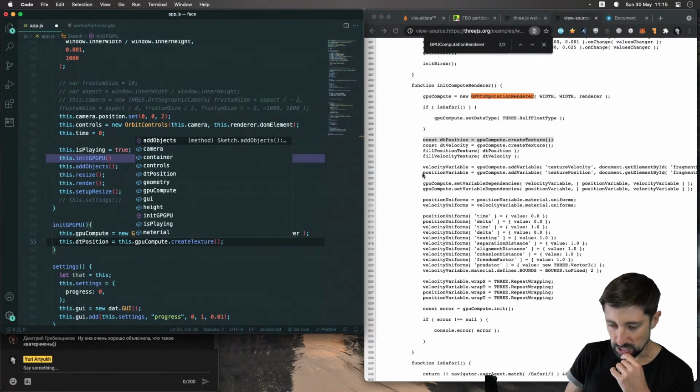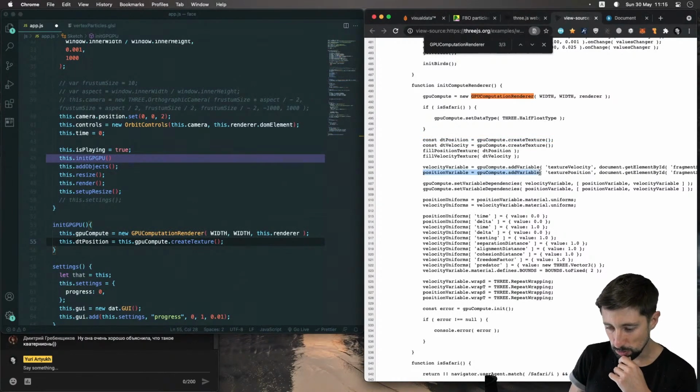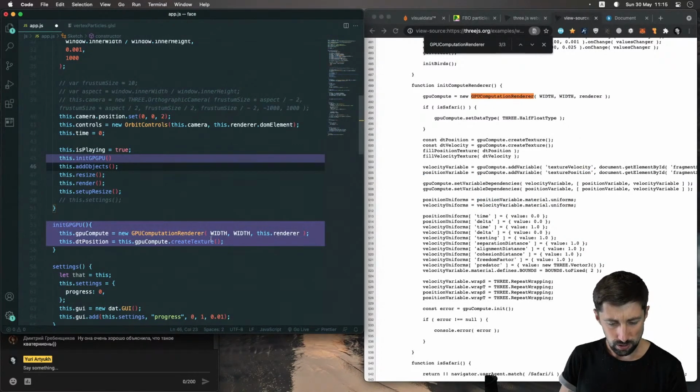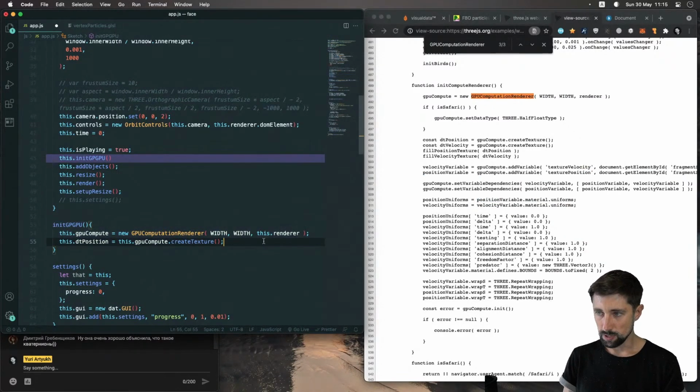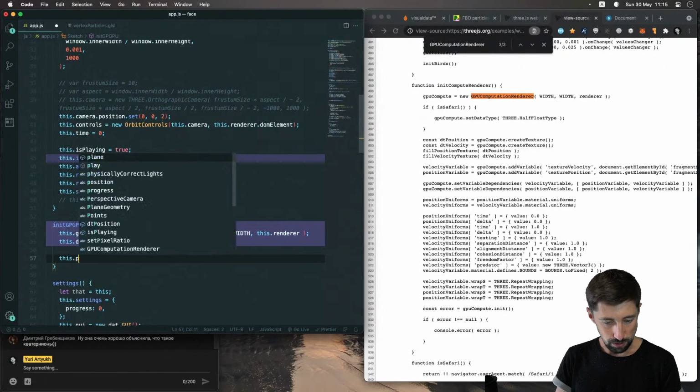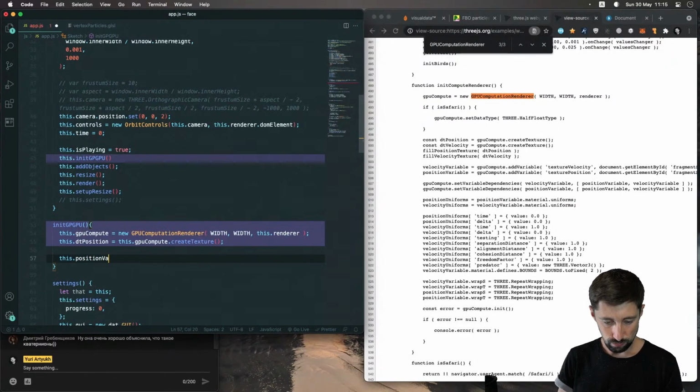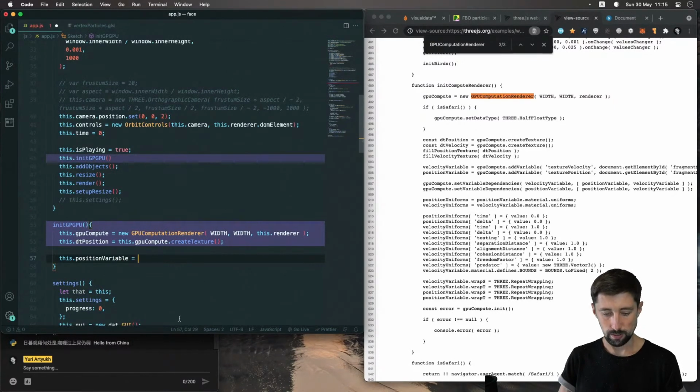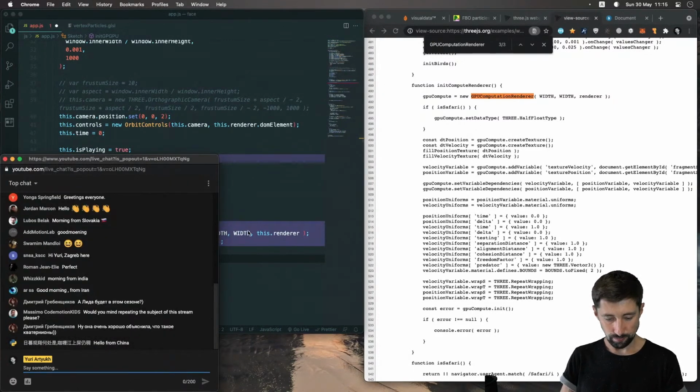So this is position variable. In some cases, people name this one as the material, because this is going to be actual kind of material or mesh, because you could see that we're going to be using the uniforms later on. So actually kind of remember this stuff. I'm going to do this position variable equals